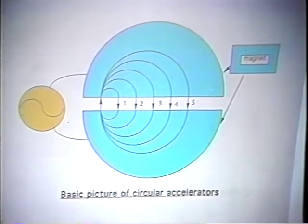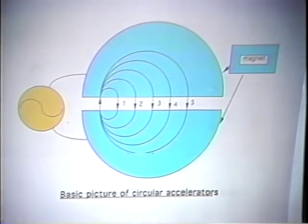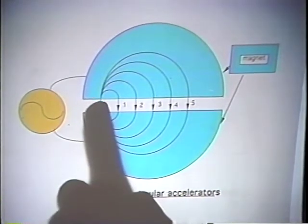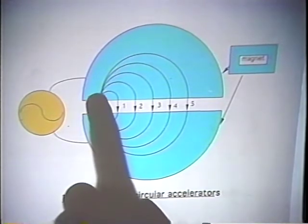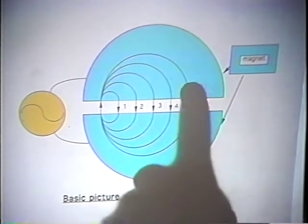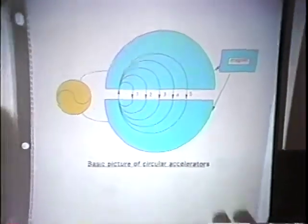Okay. Now, how do we use a magnet in a charged particle accelerator? The fundamental idea is picture a magnetic field perpendicular to this picture. If we have an oscillating magnetic field or electric field between these two sides, we start the beam off here, it goes in, the magnetic field bends it around, it comes across, goes around here. Now it gains energy again as it crosses this. It has a higher energy, it doesn't bend as much, it goes farther out, third time through, fourth time through, fifth time through. So we can keep accelerating through the same accelerating potential right here that we're driving from the outside. This principle was first used